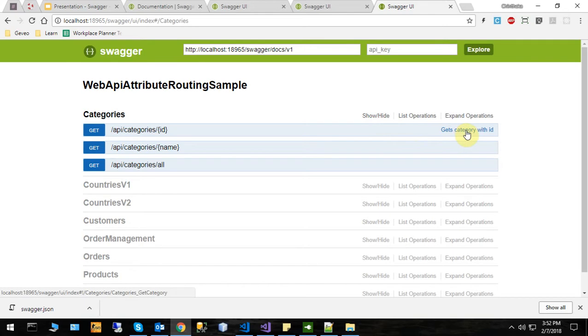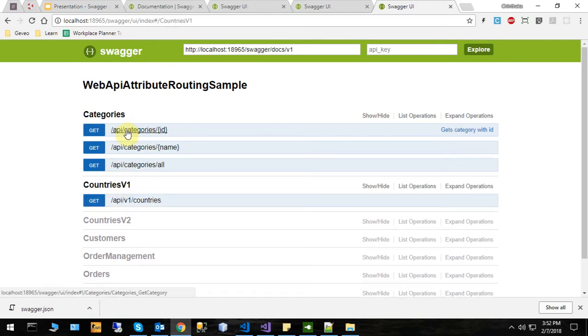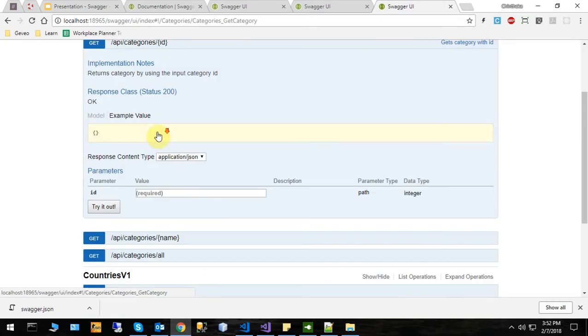Yeah, so you can see that a short summary has been added to the controller, the method, and also there are some implementation notes which are essentially the remarks that we added, and also